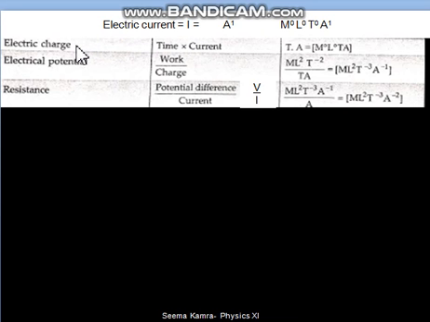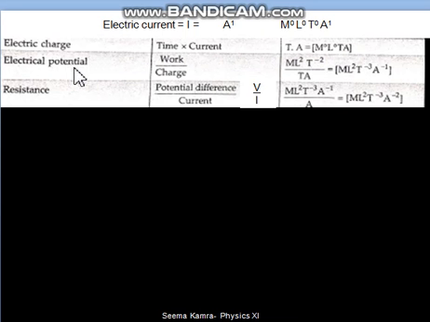Next quantity is charge. Now we have to search for a formula of charge in terms of current because current is fundamental. So the charge formula is current into time, as we already know. For time we will write T, and for current we write its symbol A, because ampere is the unit of current, that's why A is decided for current. Finally, the answer of the dimensional formula we can write as M power 0 L power 0 T power 1 A power 1.